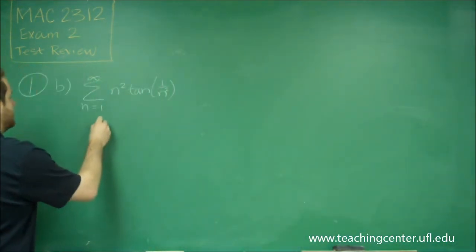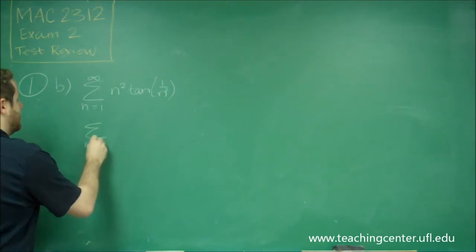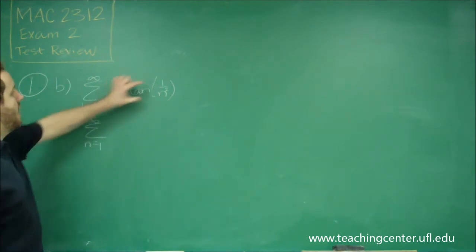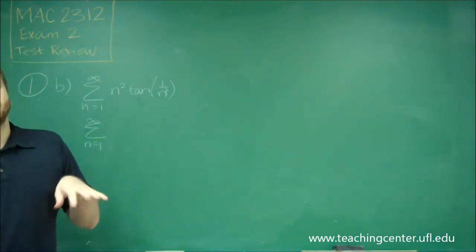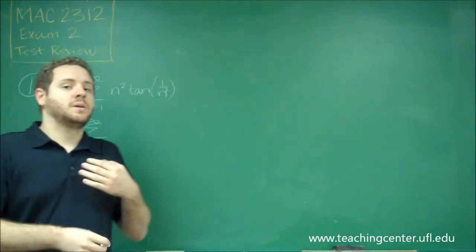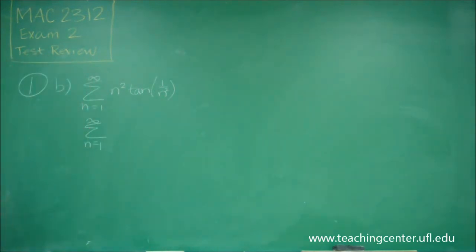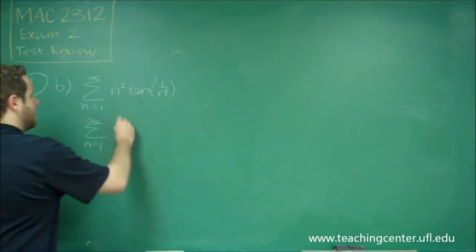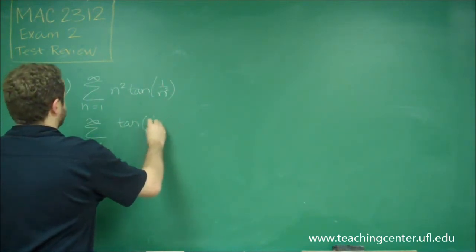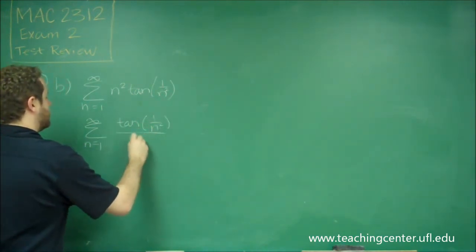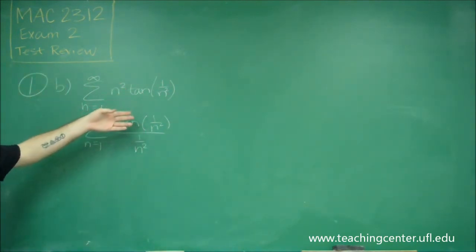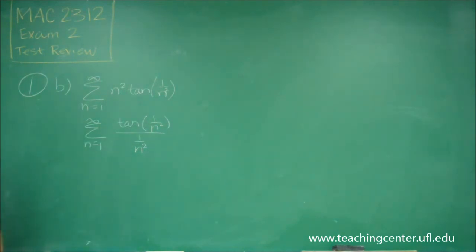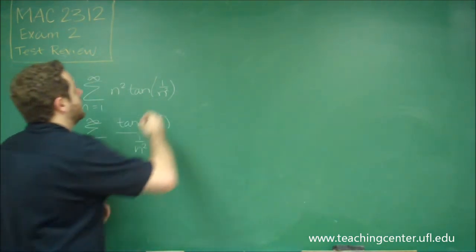So the first thing you want to do is recognize that you have 1 over n squared in tangent. If you could get 1 over n squared somewhere else in the problem, you're going to be able to work out some identity. You have n squared here, but if you put that in the denominator instead, it would become 1 over n squared. So this is the exact same thing, except now this is written in such a way that we can use our limit identities. So recall that